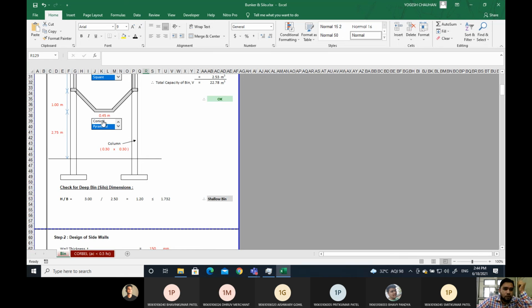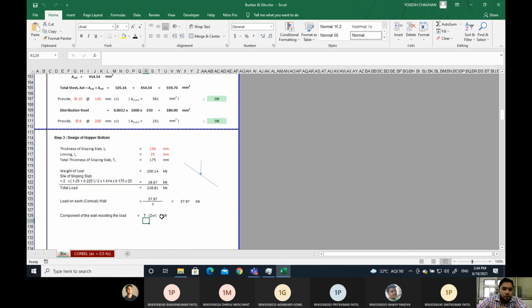So if it is conical, then it will be T into 2 pi r into sin theta. Now this is to be equated to